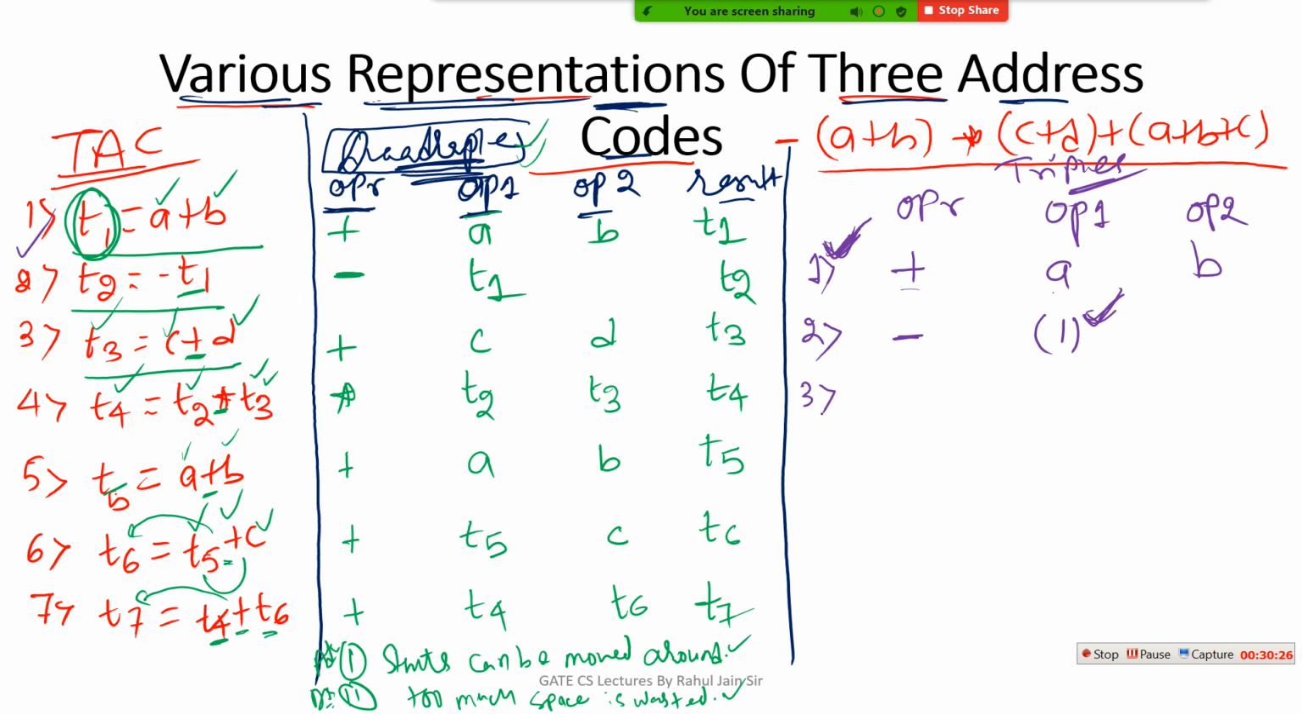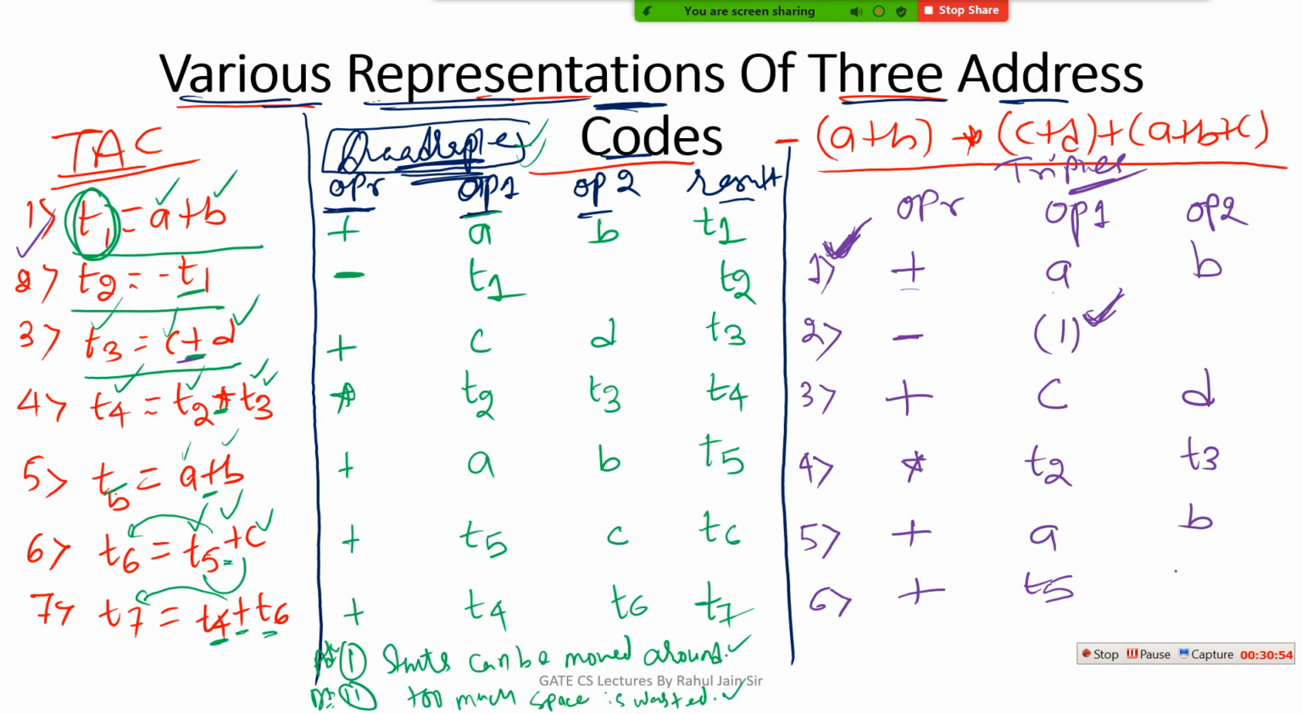How will I write the third statement? Simple. The third statement is operand plus. I am holding the value of C and D. In the fourth statement, I will write multiplication as my operation. I will hold the value of T2 and T3 here. In my fifth statement, what do I have? I have the addition operation with A and B. In my sixth statement, I have addition of